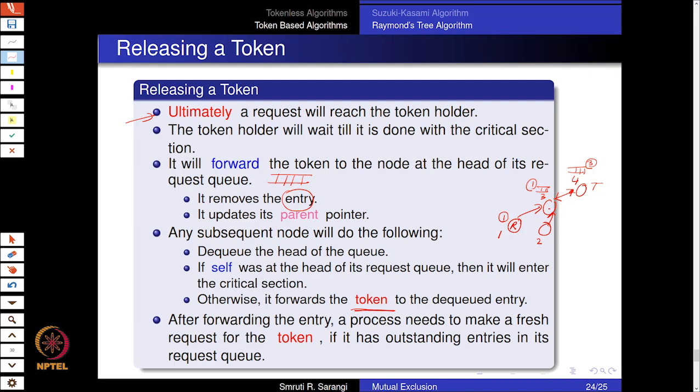It said, okay, alright, so 1 is at the head of my queue. So let me make 1 the token holder. So it reversed the direction of its pointer. 1 becomes the token holder. And 1 sees that it is a token holder as well as